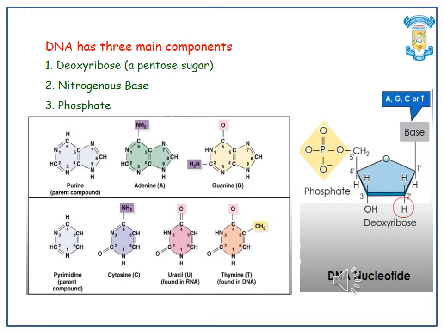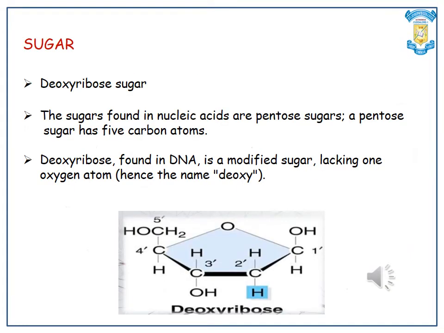The DNA has three main components, namely deoxyribose, nitrogenous base, and phosphate. The nitrogenous bases are purine bases and pyrimidine bases. The purine bases are adenine and guanine. The pyrimidine bases are cytosine and thymine. DNA molecule contains